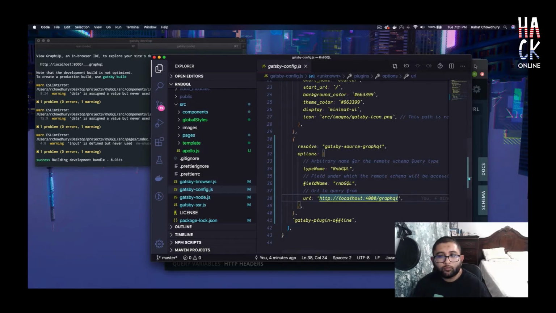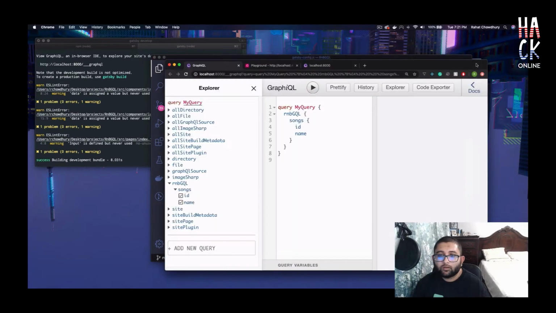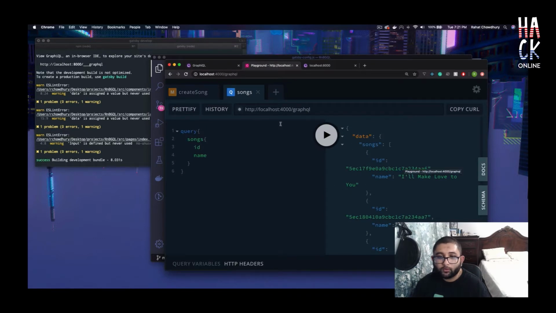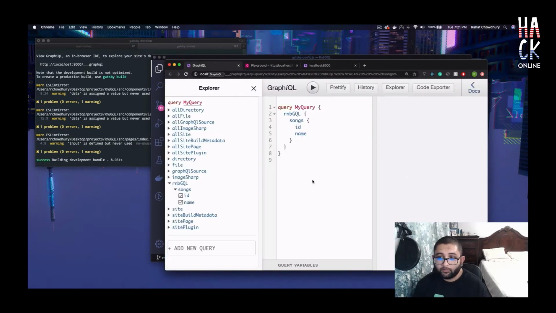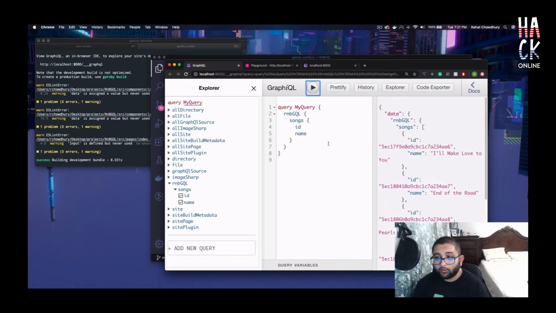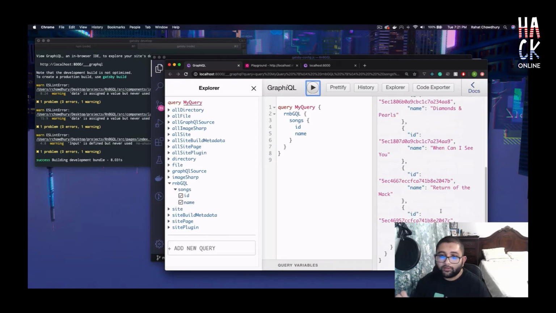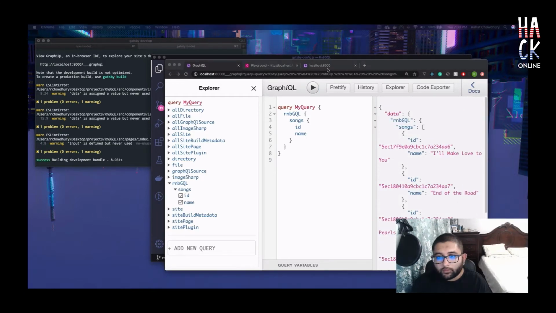So what does that do? Well, how does that even help us? Well, if you remember before, I was in this playground querying for all my songs, but now I get this graphical playground. This comes right out of the box, shipped with Gatsby. You don't have to configure anything to get this. But since I configured my endpoint, I can now query straight from Gatsby all the data that I need. And the great thing about this is all of this runs at build time. So when I'm building out my Gatsby site, I now have all of the data that I need right there as static content. So let's take a look at this site real quick.